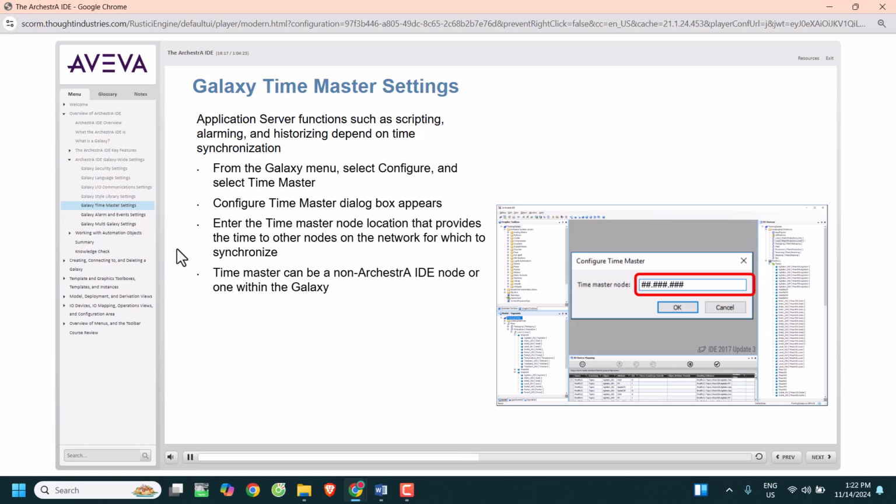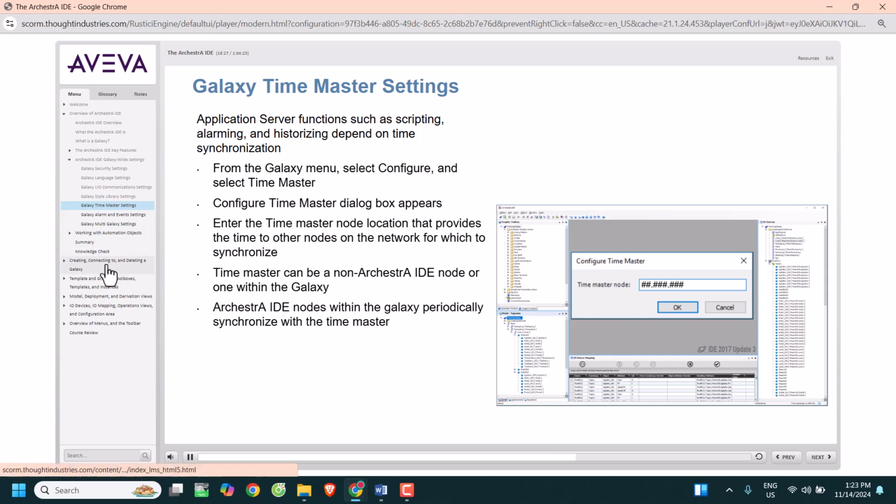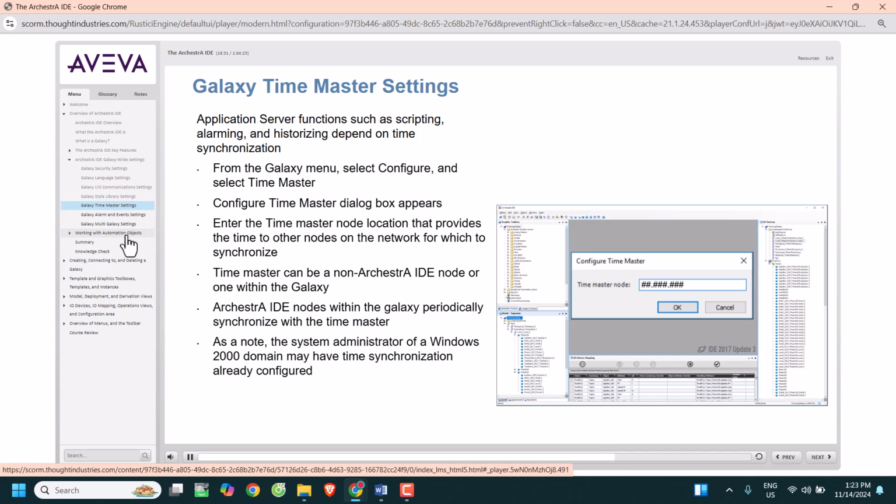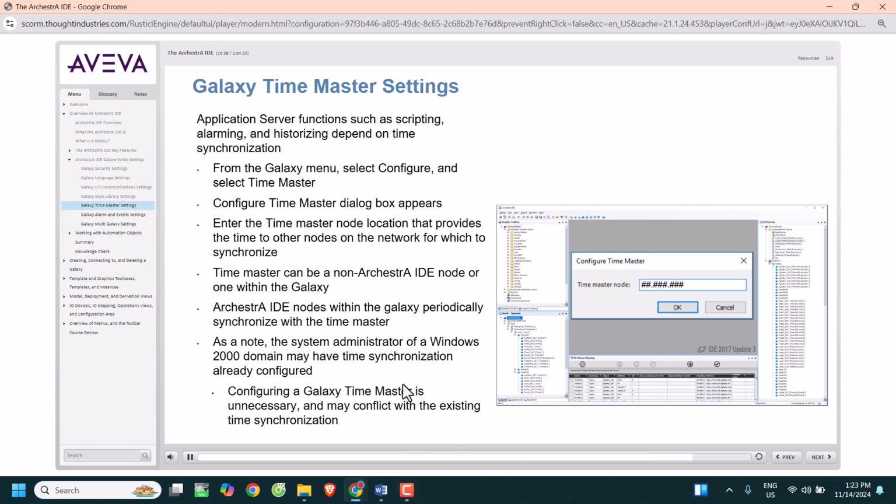The Time Master can be a non-Archestra IDE node or one within the Galaxy. Archestra IDE nodes within the Galaxy periodically synchronize with the Time Master. As a note, the system administrator of a Windows 2000 domain may have time synchronization already configured. If this is the case, configuring a Galaxy Time Master is unnecessary and may conflict with the existing time synchronization.